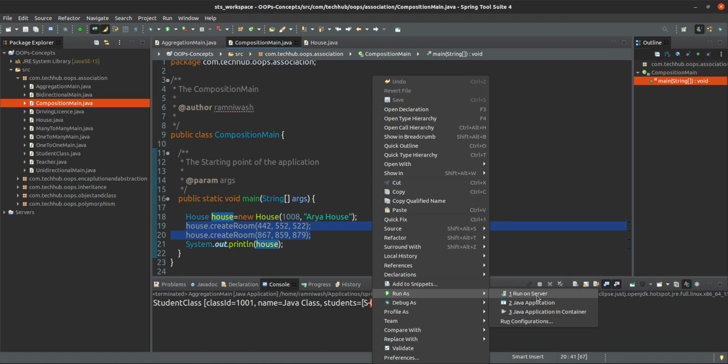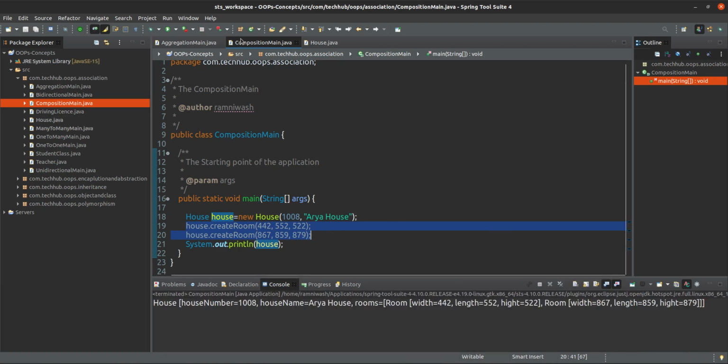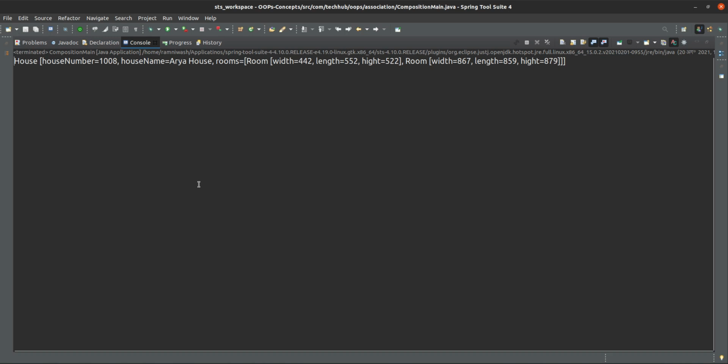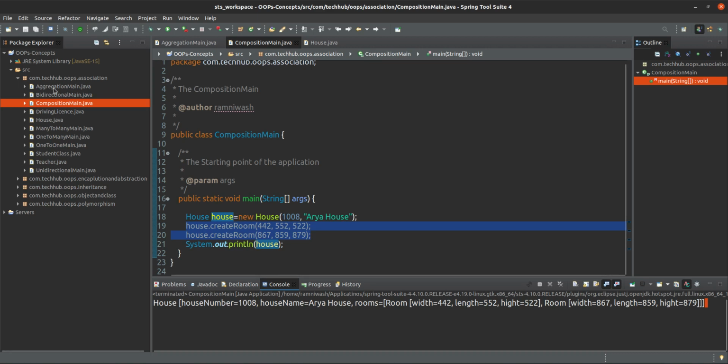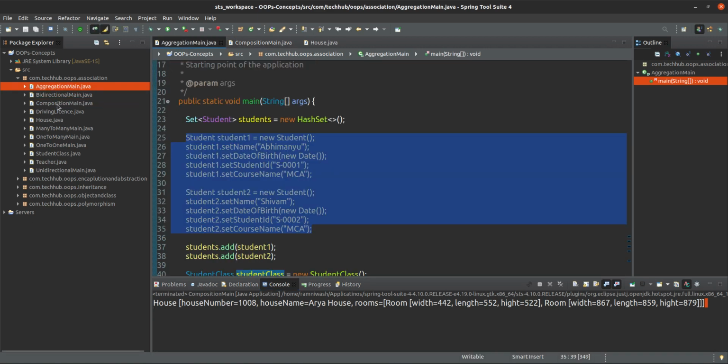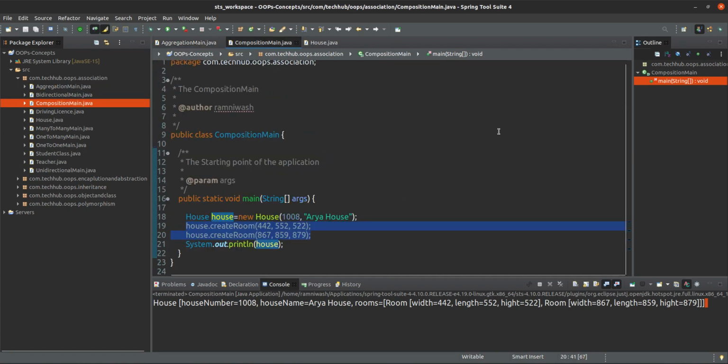So if I run this code, it will give this output: one house, house number is this one, house name is area house, and there are some rooms, room 1 with this width, length and height, and room 2 with this width, length and height. So this is the example of aggregation and composition.